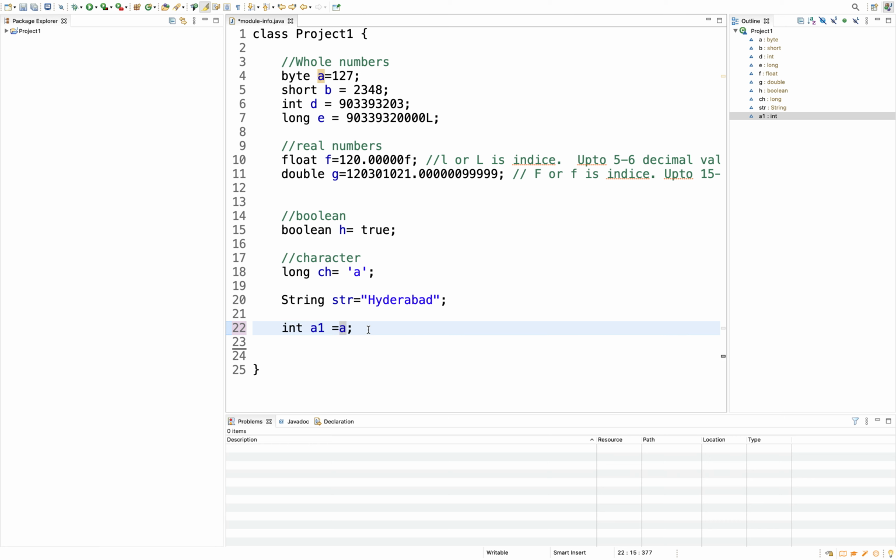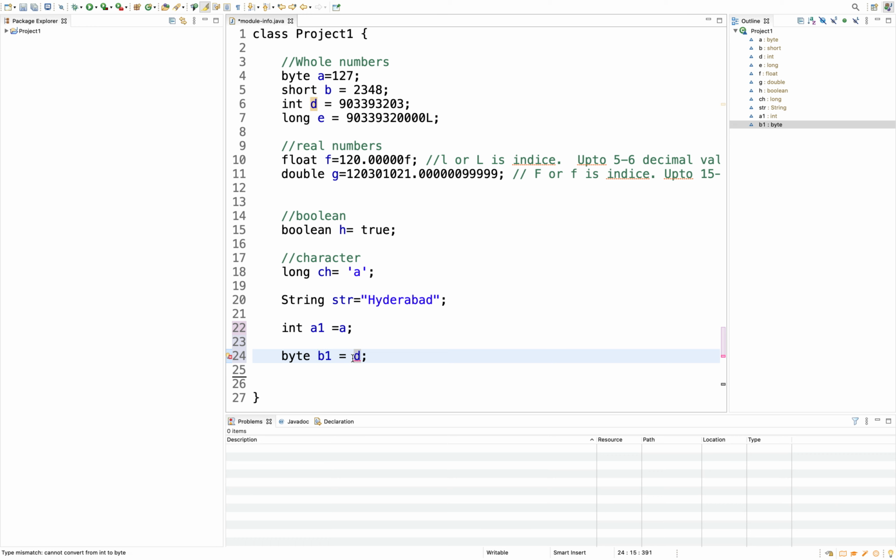I'll tell you another example. Suppose now I'm creating a variable of type byte, which is b1, and now I'm assigning an integer variable to this. See here, the assignment is not happening because these two variables are of different types.